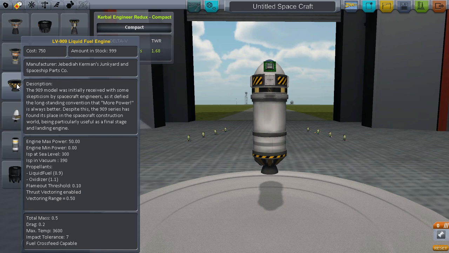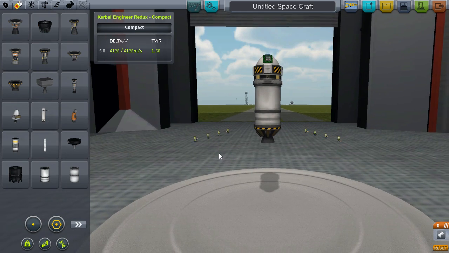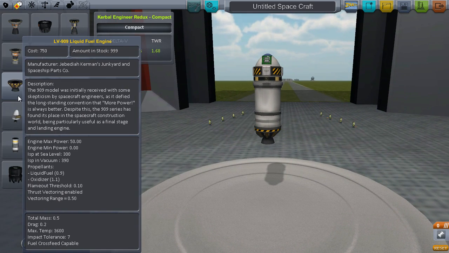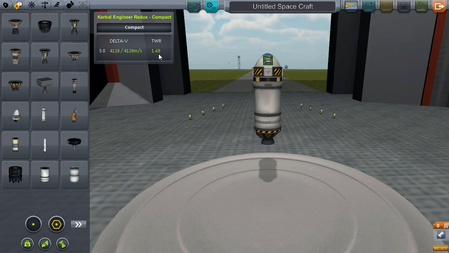ISP is your specific impulse, and the simplest way to think of it is how efficient your engine is. The higher the number, the more efficient it is. This is a pretty efficient one, both in and out of the atmosphere, so it'll be good for landing. And right away, we get some readings on our Kerbal Engineer system here, saying that this stage has a delta V of